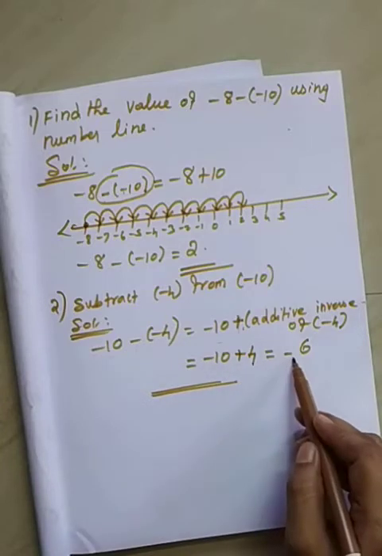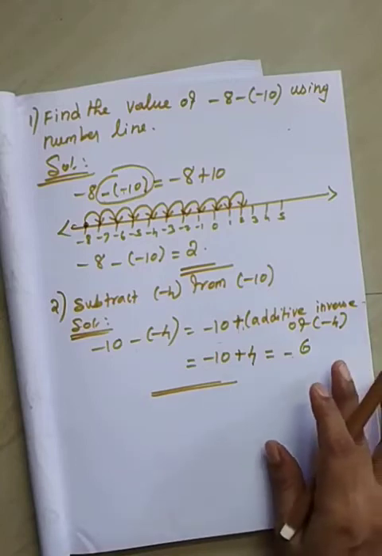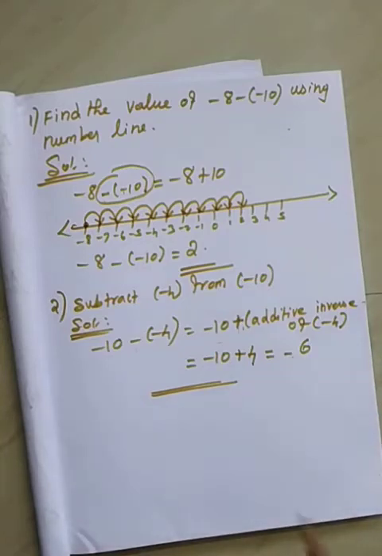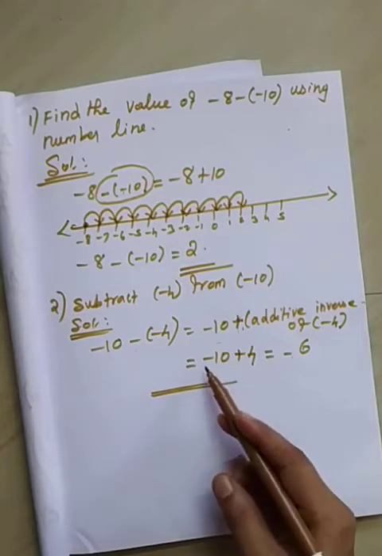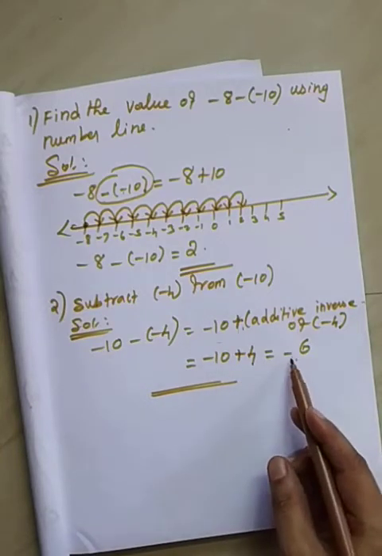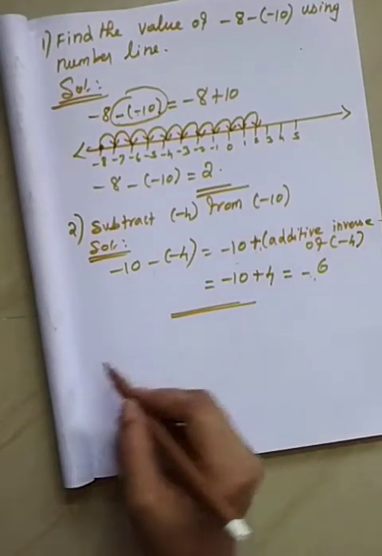Negative. So you put negative. Then you subtract the values, 10 minus 4. You will get the answer 6. Here the largest number, that means the biggest number, is 10 and its sign is minus. So you have to put minus 6 as your answer. Everybody clear?